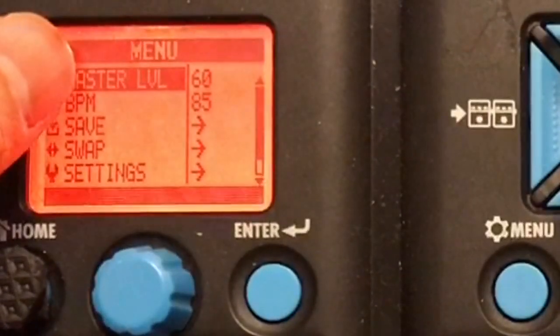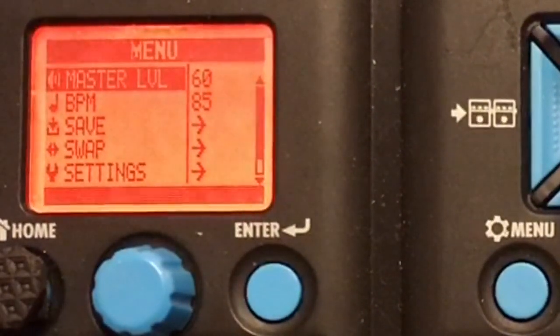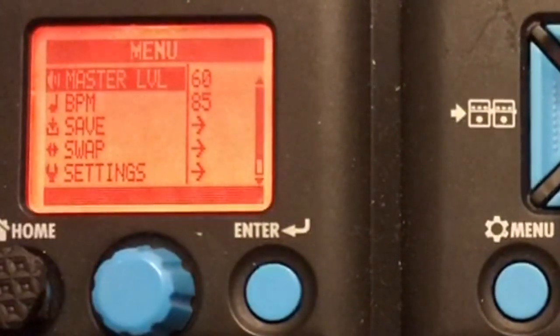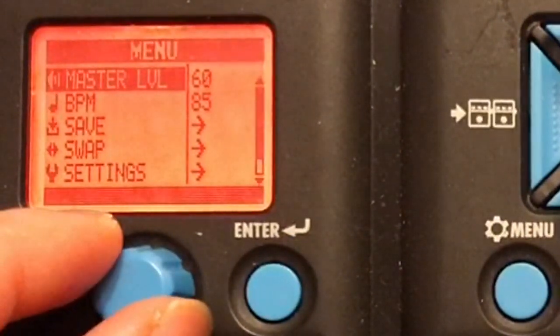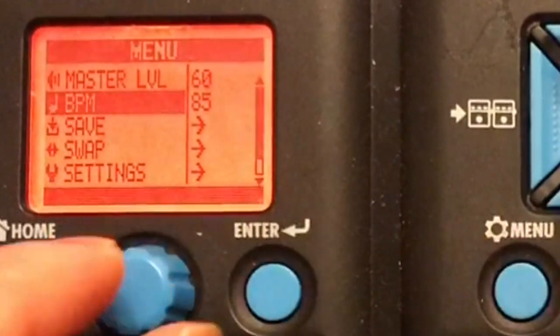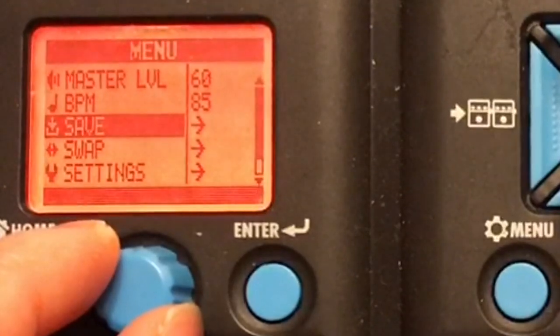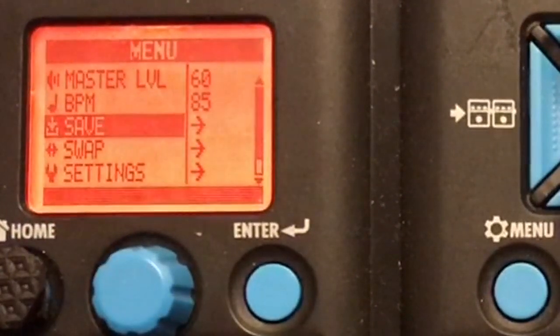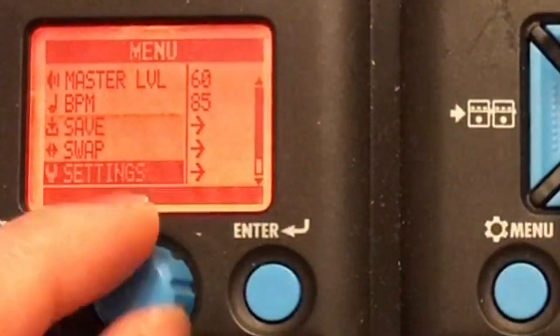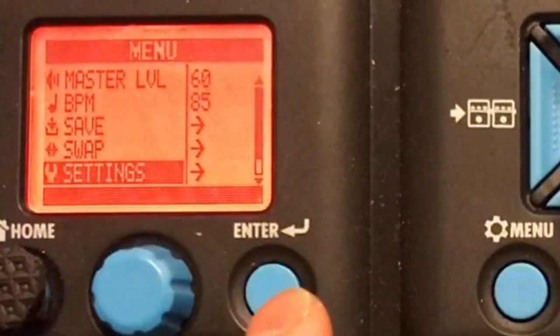You can adjust the master volume. Earlier it was just the patch volume or level. This one is master volume, the volume of your pedal itself. This one is for your rhythm, the beats per minute. If you want to save your patch or swap, and then the settings,